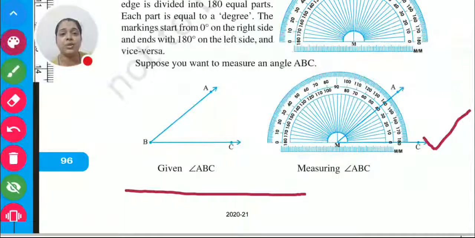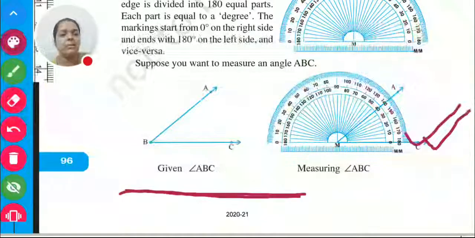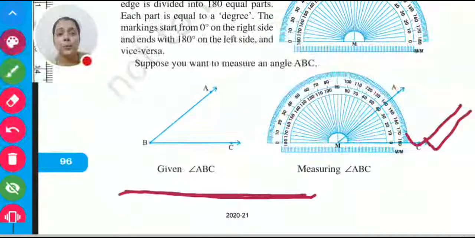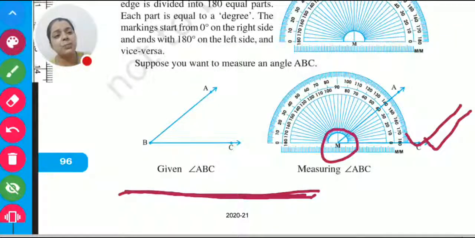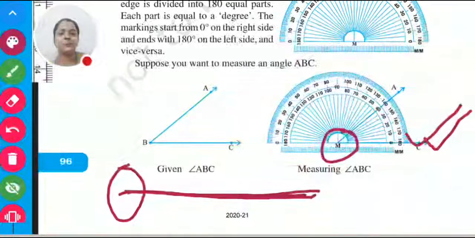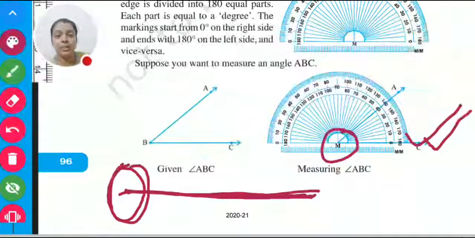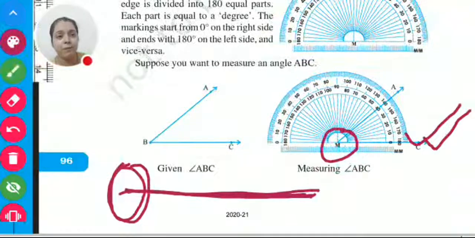That's very important. This dark blue line should be kept directly on this one. When it is completely on this one, then try to match this point with this point. Both the things should match